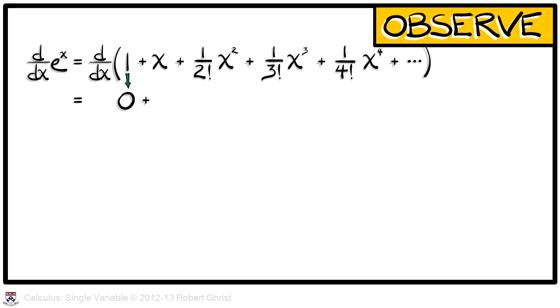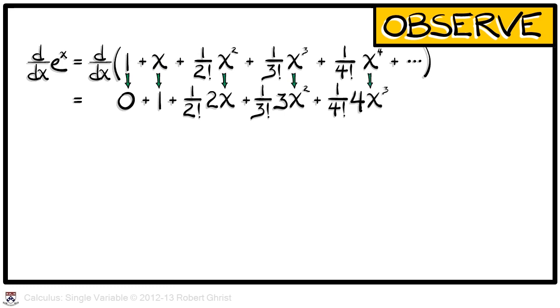Well, that's clearly 0. The derivative of x is clearly 1. What is the derivative of 1 over 2 factorial times x squared? Well, it's 1 over 2 factorial times the derivative of x squared, which is 2x. We can continue on down the line, taking the derivative of x cubed to be 3x squared, etc., following the